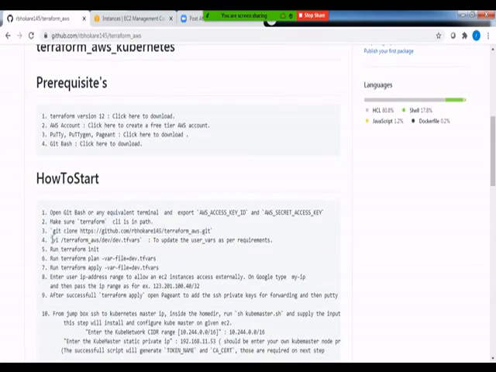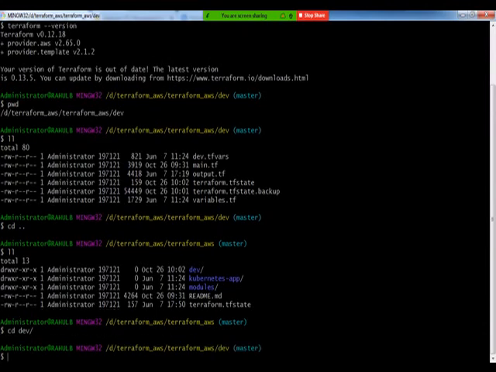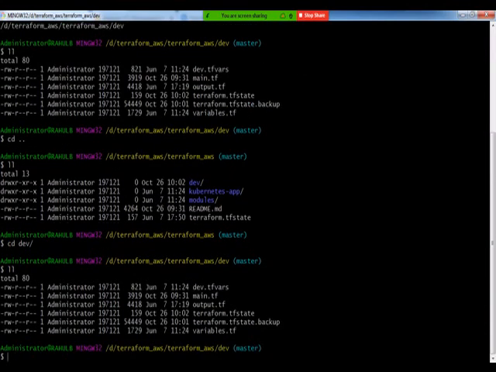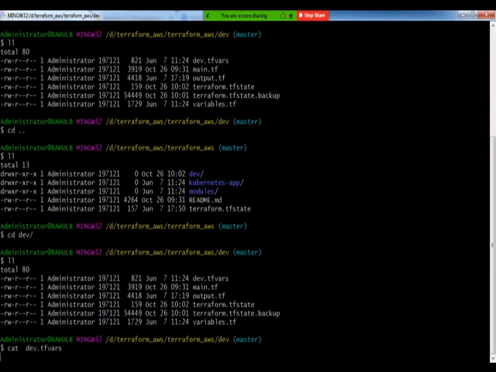Then the fourth step is to go to this particular file to update the user var as per the requirement. So if I would go inside this file, I'm not gonna edit that particular file because I already have a standard configured by myself.